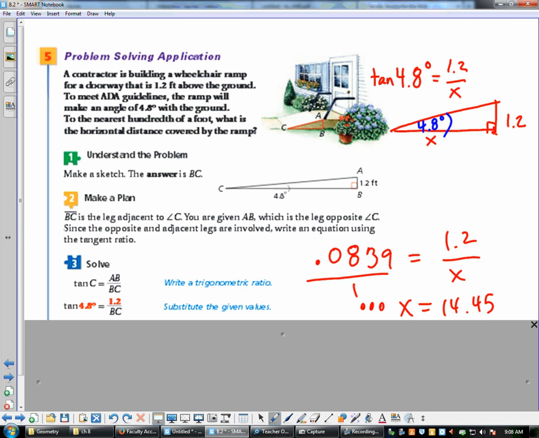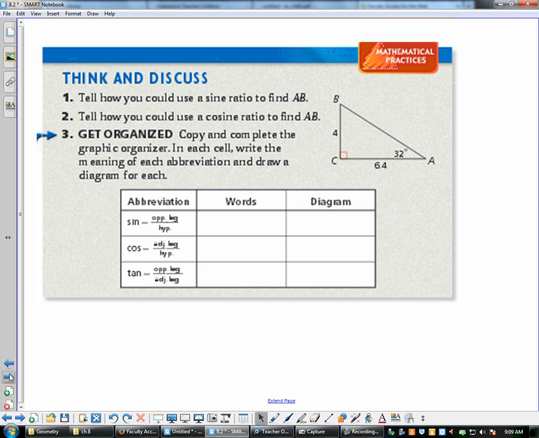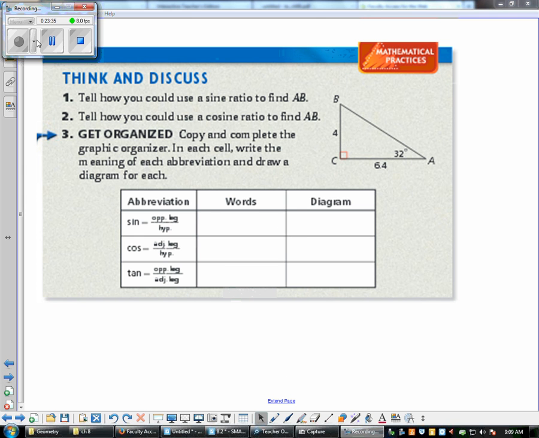And what units are we talking about? So that means that we really need to start building this ramp over 14 feet away from the door. Does that make sense? Okay, about 14.29, 14.45, something like that. Okay. All right, I will stop here and